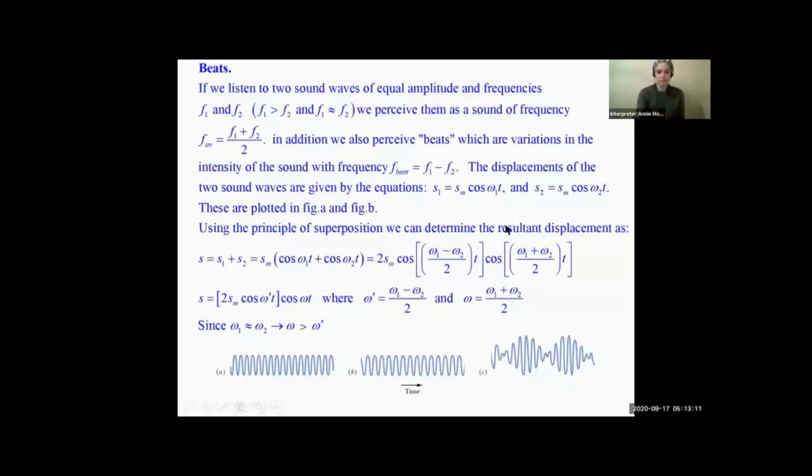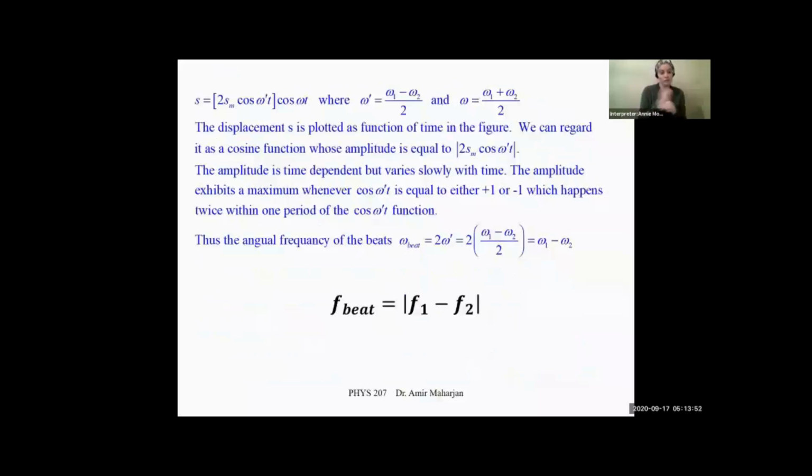So next is beats. What are beats? First, let me show you an example, and then I will explain some mathematical concepts on beats. If you sound two sources of similar frequencies, like 500 hertz and 505 hertz, pretty close to each other, together, you will hear a ringing sound. That phenomenon is called beats. And what's the cause of beats? I'm going to explain it mathematically, along with the beat frequency.